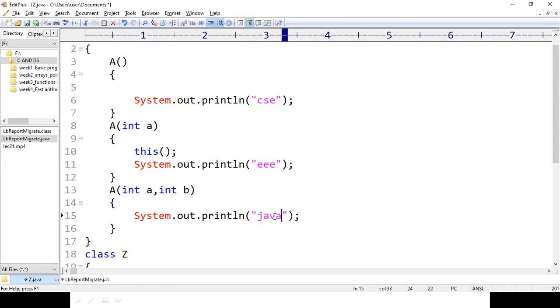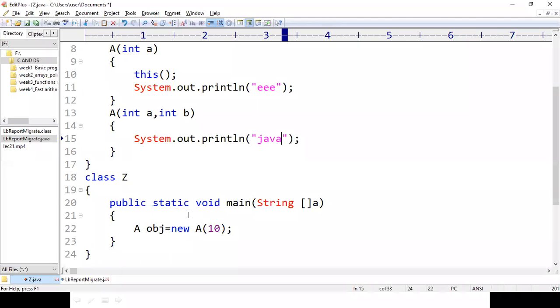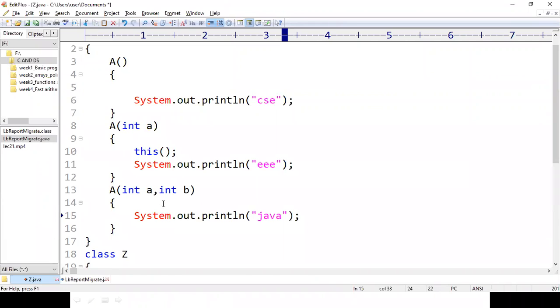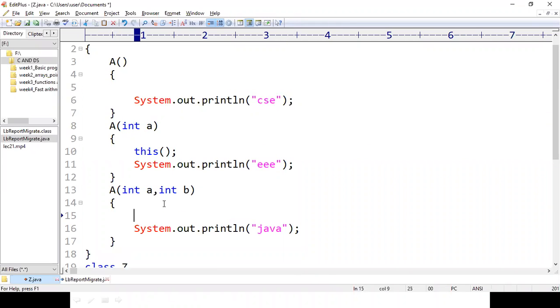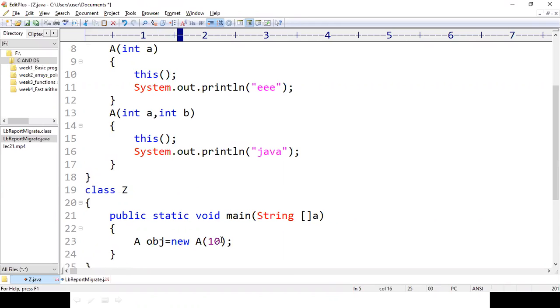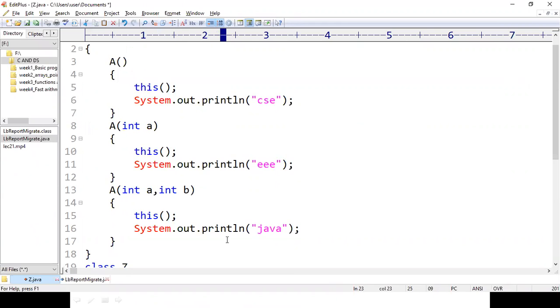So let us assume I have another this keyword here, and here also I have another this keyword. I want to create an object without passing any parameter.